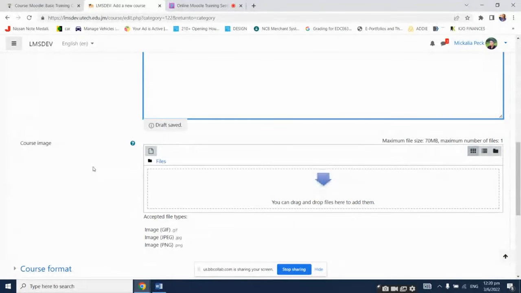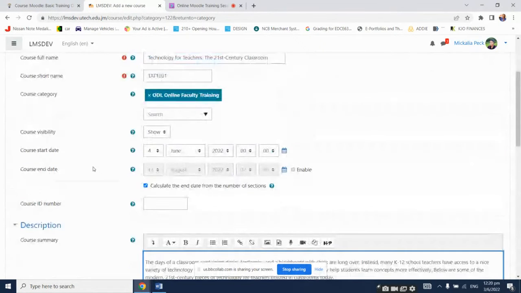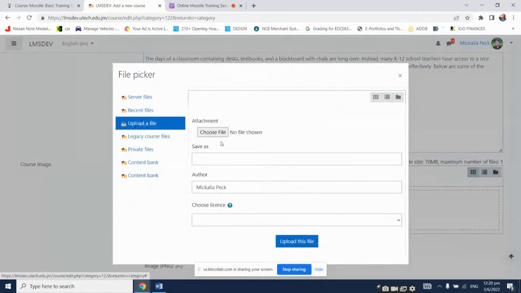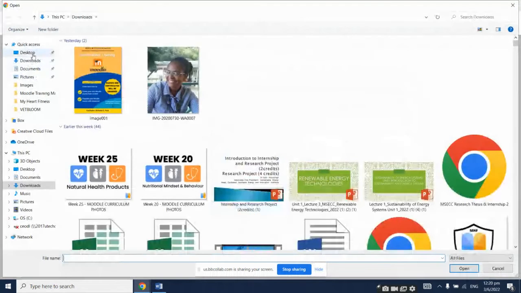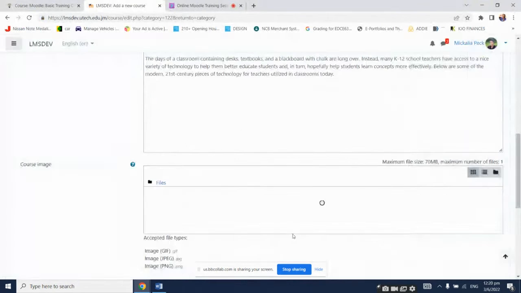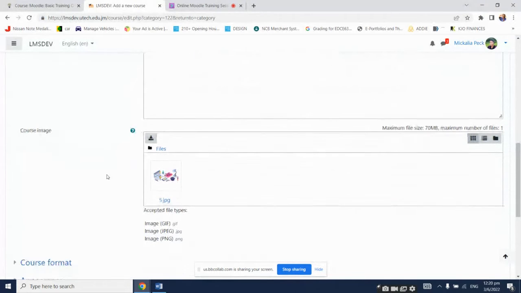Now for course image, you use a picture that best represents your course. So my course is about technology for teachers, the 21st century classroom. So I'm going to click on the add button here, choose file, and I'm going to search for an image that I think represents technology in the classroom. All right, so I'm going to use this image here, double click on it, upload this file, and my image